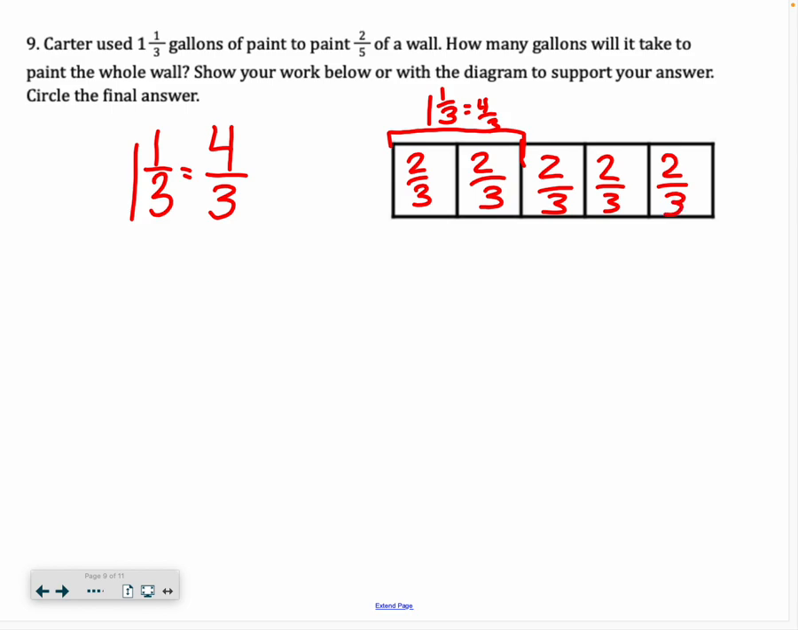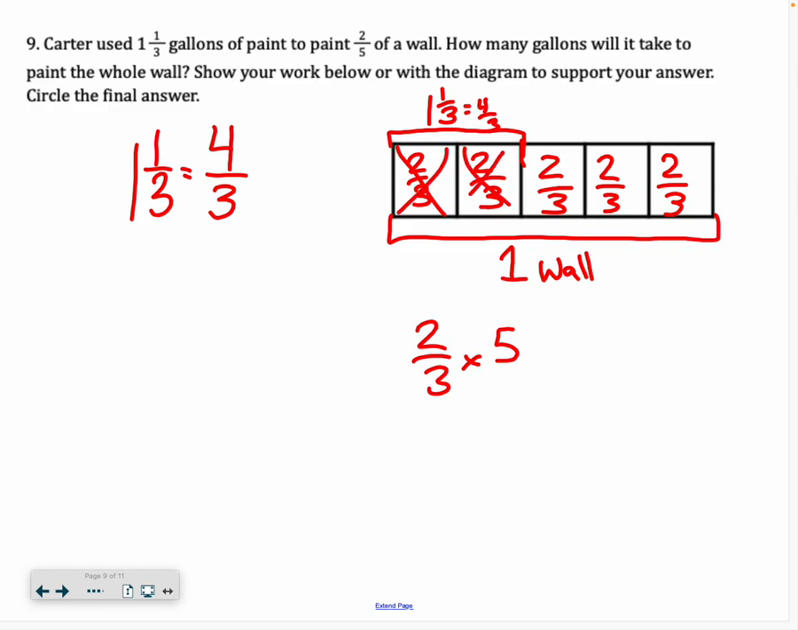Right, so now we are finding this entire wall worth of paint. So I'm going to count by 2/3. I could also do 2/3 times 5 because I see 5 groups of 2/3 in my diagram. If I count by 2/3, you get 2/3, 4/3, 6/3, 8/3, 10/3. If I multiply 2/3 by 5, we get the same thing,